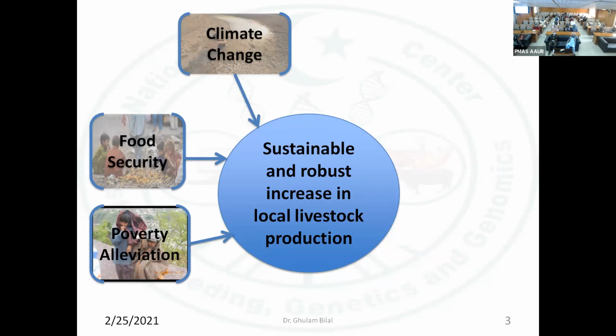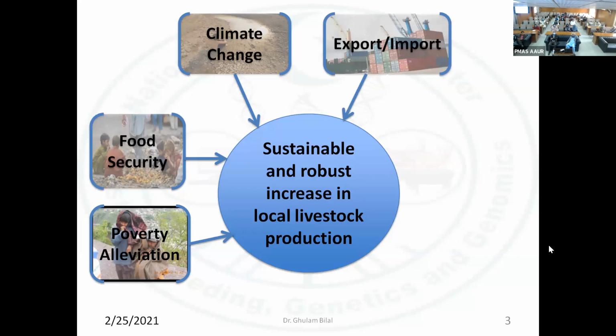And a recent one is climate change, because if we don't develop our own resources, climate is a danger for foreign breeds. If we import foreign breeds, they cannot withstand heat and diseases which are prevalent in this area. So we need to develop our own resources. Import-export: government is focused on reducing imports and increasing exports. So livestock is a big industry. We need to